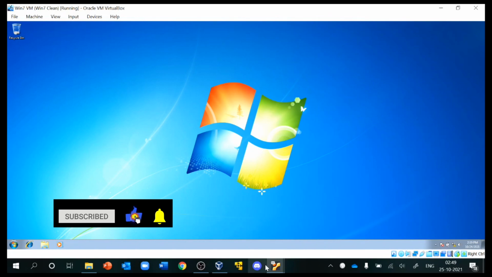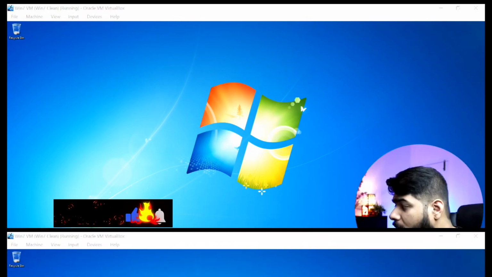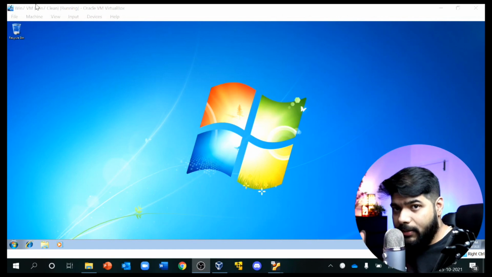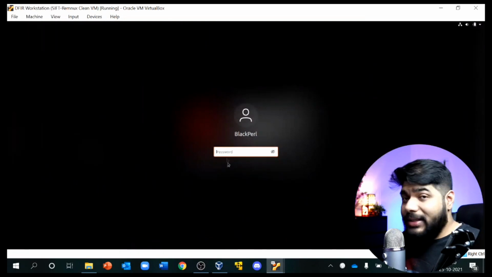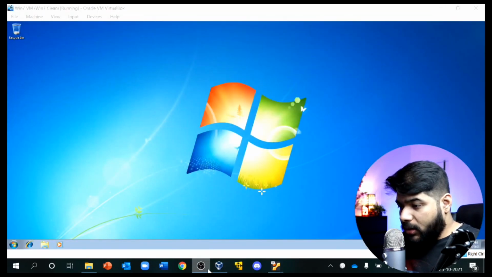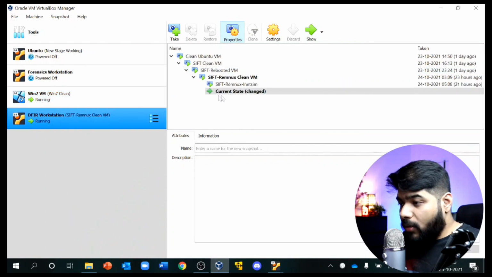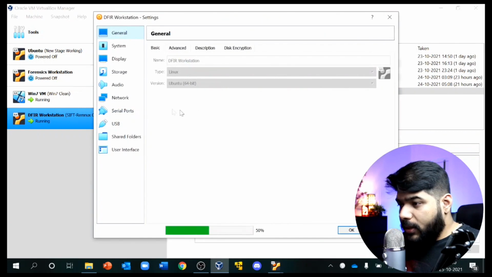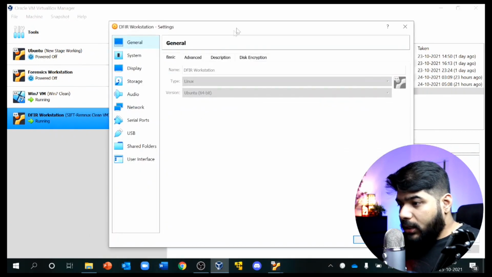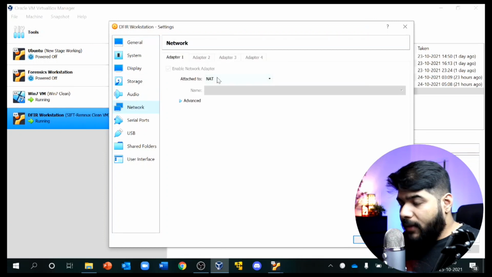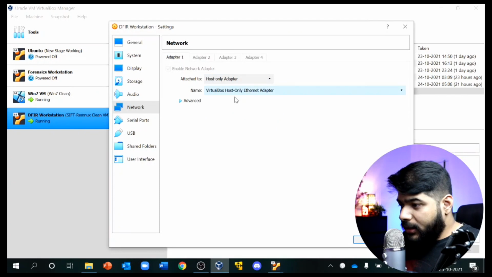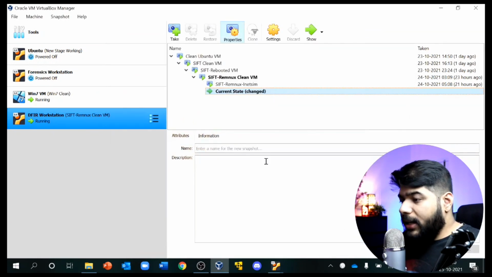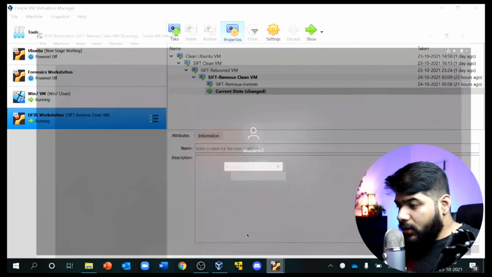Now what we need to perform at this point, you remember we need to build something on the Remnux box. So let me show you the Remnux box first, and the same thing we also need to perform there, because we need to make sure the Remnux box is running on the same platform, right? So I'll go to the settings of this Remnux machine, go to the network tab, and as you see it is on NAT. I will choose the host-only adapter, again the virtual host-only adapter, and press enter. So the change has been done now.